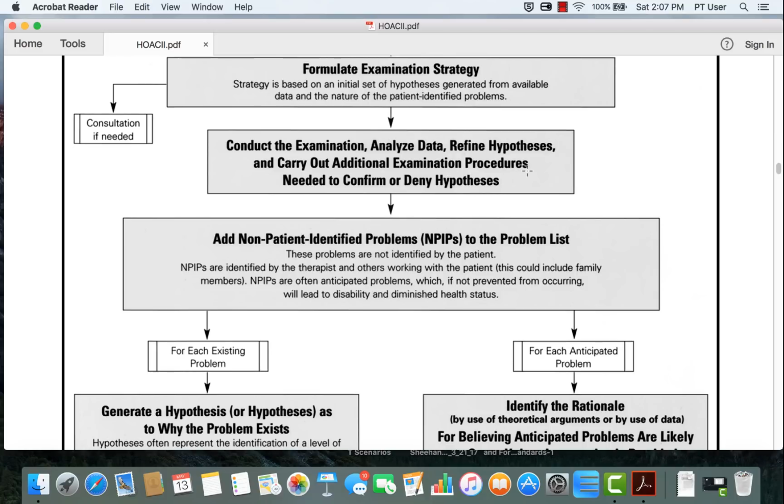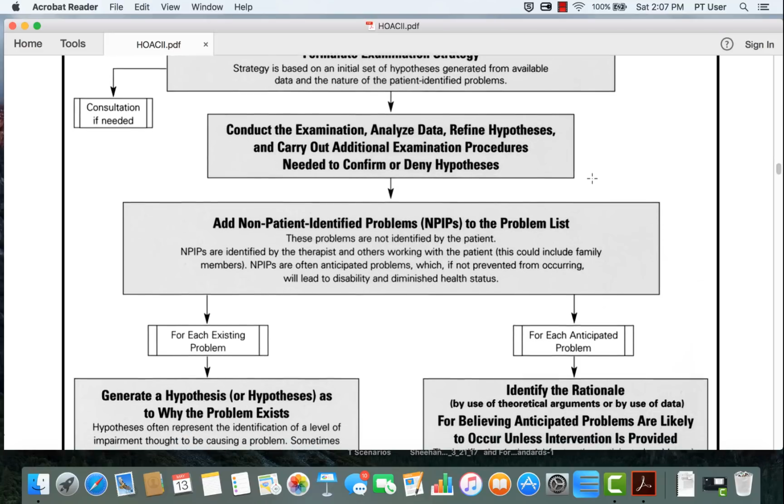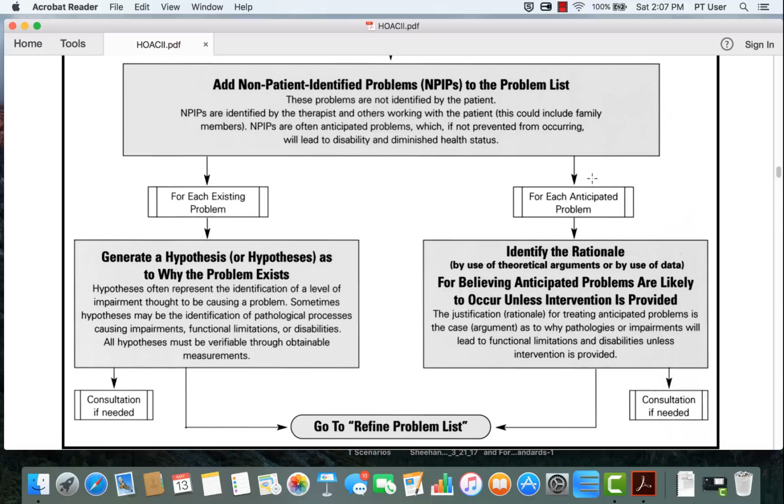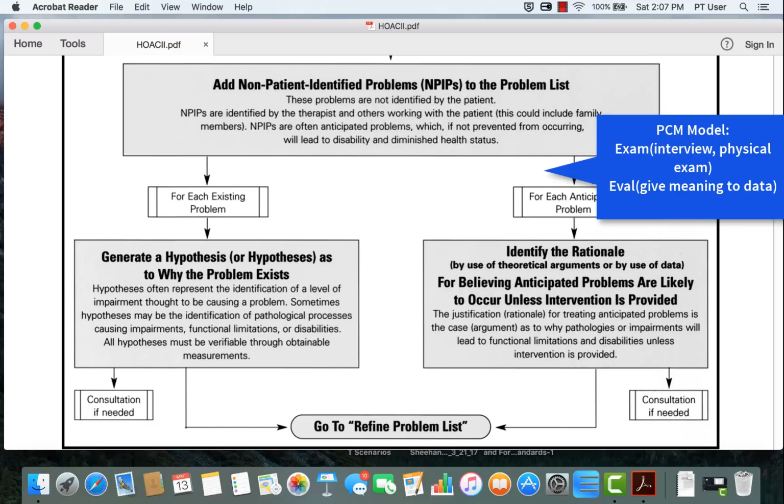I'm putting a cursor on. That captures a lot of what you would be doing. Okay, it's not a simple process. You'll learn more about it, but it's essentially going through the examination process and beginning to evaluate your data. Right? Now, as you move through that, one of the things that you're going to do, or that should occur